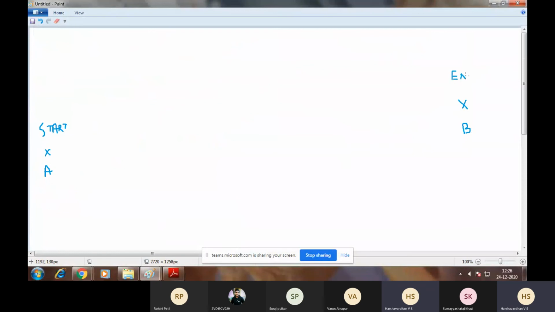Now, just to cross check whether the work done is correct or not, I'll do check leveling. Check leveling is started from the end point and you go towards the beginning. So you do your work from A to B, but you do check leveling from end to start. When you start the survey, you take point A as, let's say, benchmark, and you find the elevation of point B.